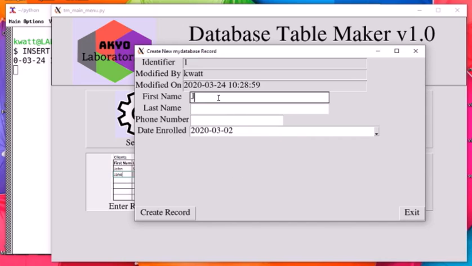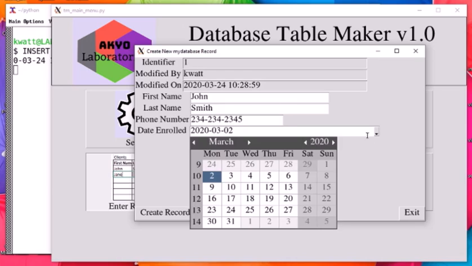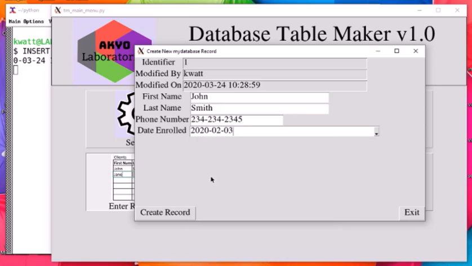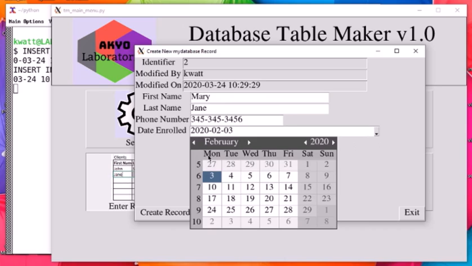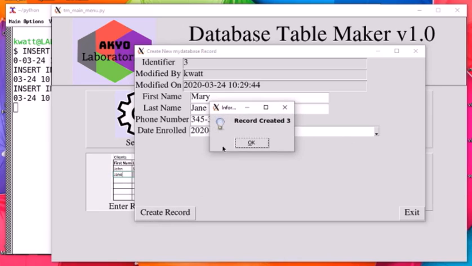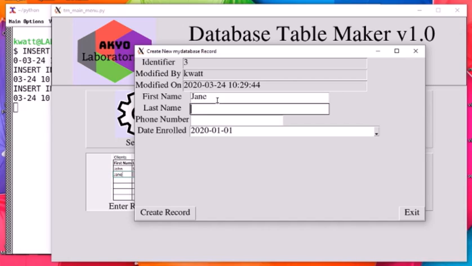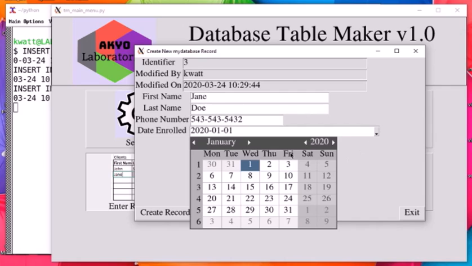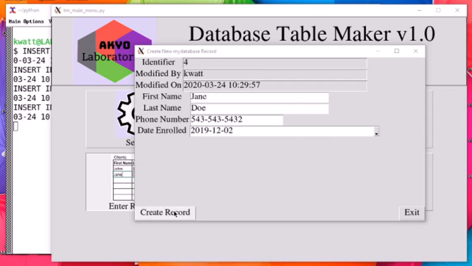Okay, so let us enter a few more. John Smith. And then date enrolled, we'll do February, and then let's do Mary Jane, and we'll pick, let's do January 1st, and then one more, Jane Doe, and then let's pick another date here. Okay, so now that we've created the records,